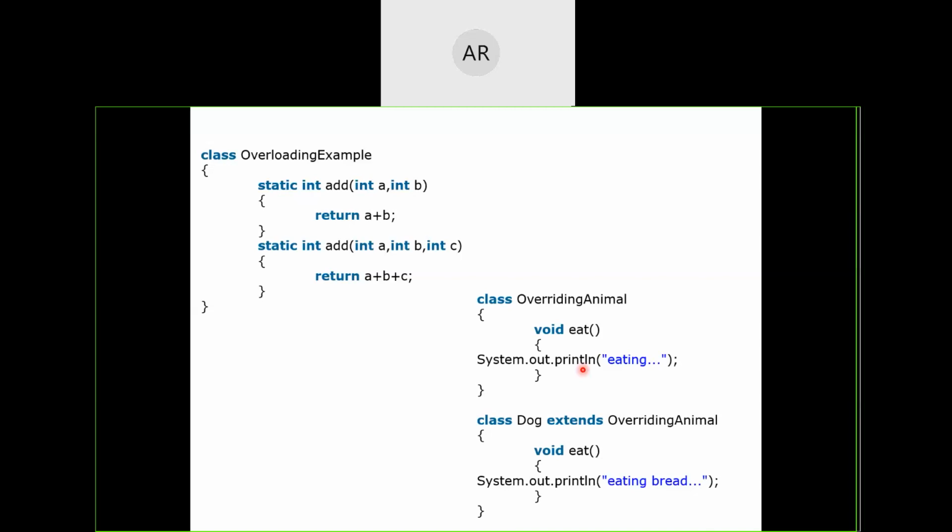So what you will do is, if you don't want this function to be overridden, and there should be a warning given, then you will make this particular method final. That means no one can copy this particular method further. If they try to copy, it will become an error. It will not allow you to override.